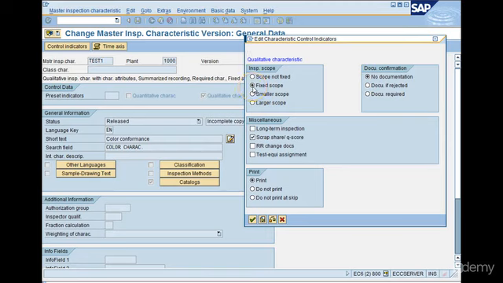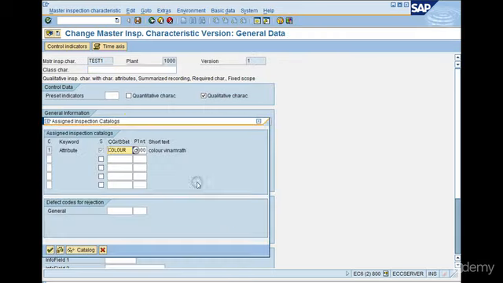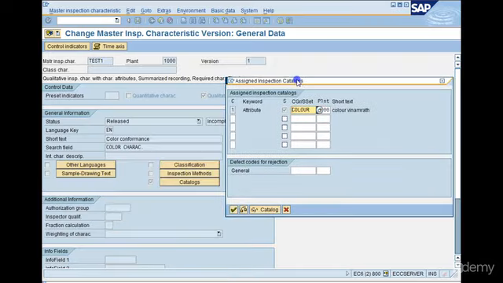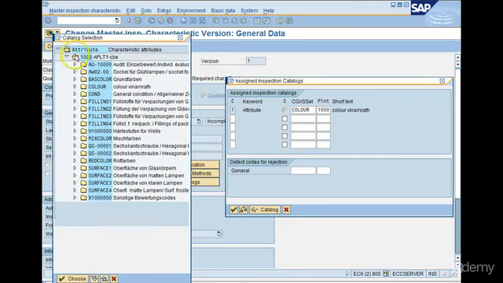Go for fixed scope check, documentation confirmation no documentation, scrap share, and go for print. After this, create the catalog. In the catalog, you would give the actual characteristic of this has been already created, and this would be taken care by the QM. So choose the characteristic. I chose the color,